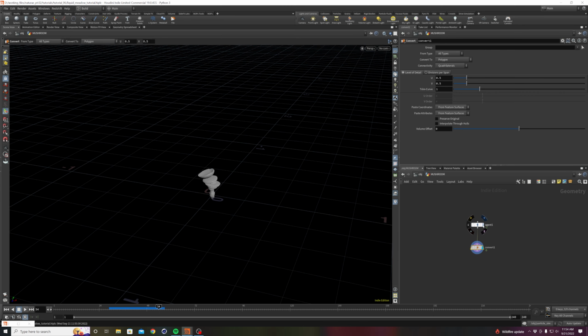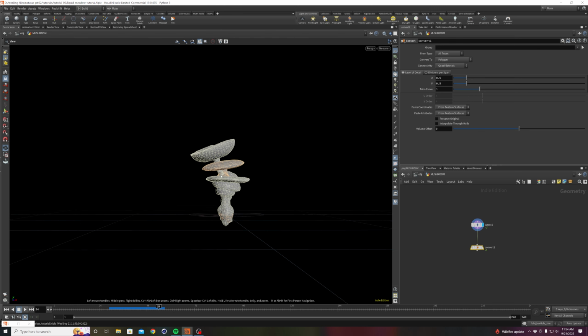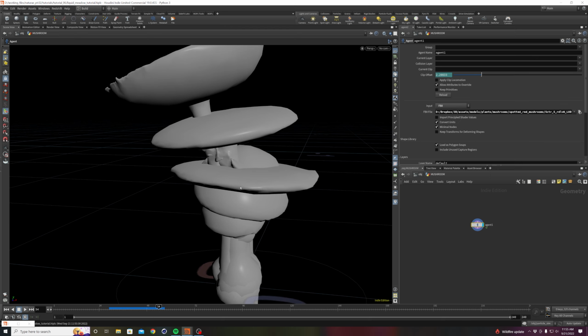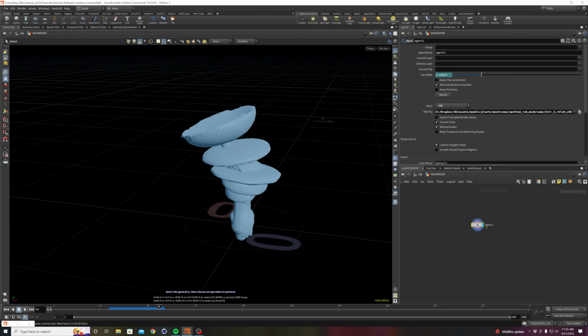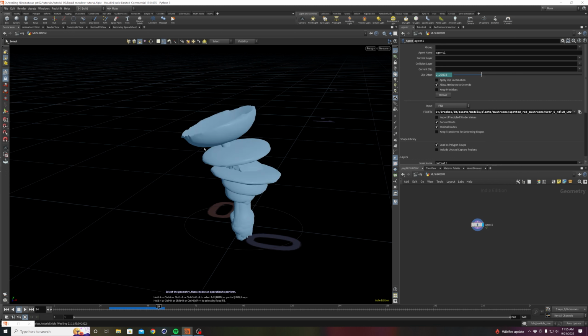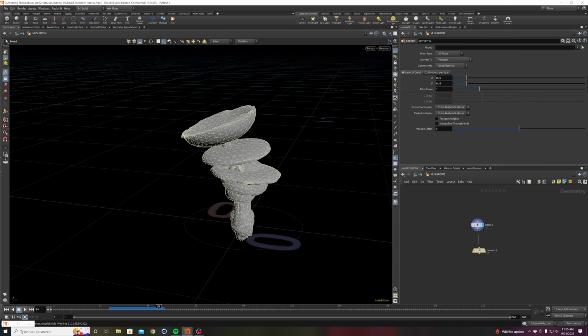So if I don't convert it, it just stays as an FBX. I guess that doesn't matter. But let's take our agent, hit S on the keyboard. Oh, yeah, so that's why I converted it. I can't really select one. They're all like one object. Maybe there's a way to do it, but an easy way to get around it is to convert it to polygons. Now when I hit S on the keyboard and select things, it automatically knows that these are